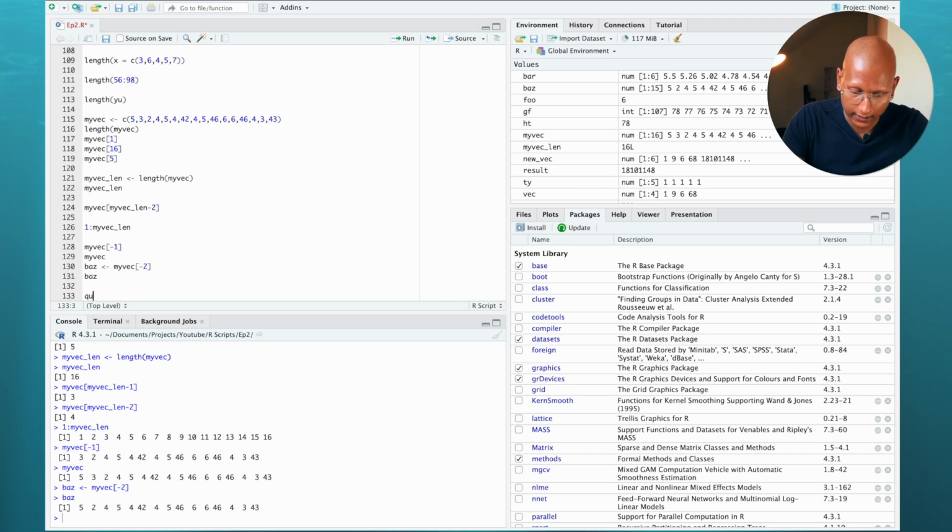So let's create a variable called qux, and what we do here is myvec. Let's call myvec